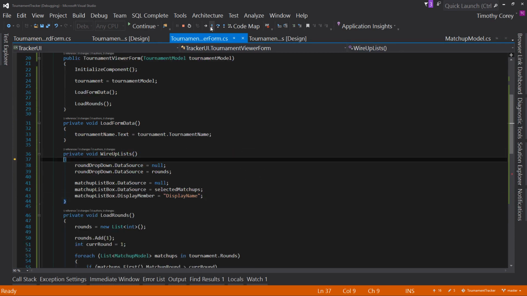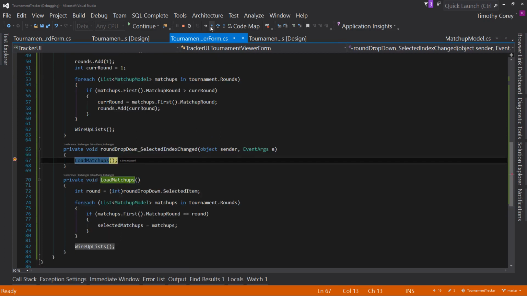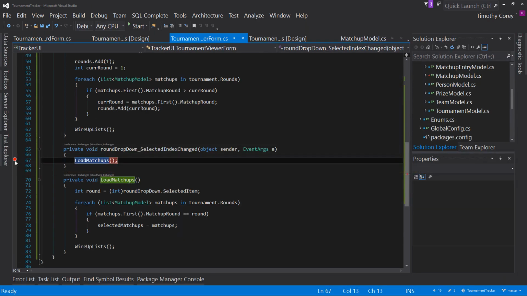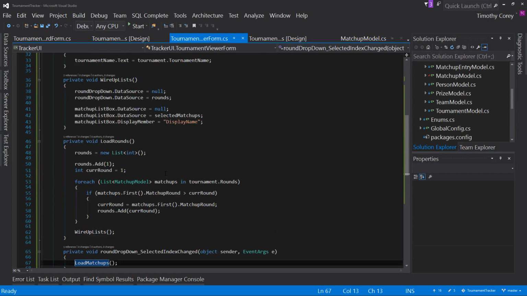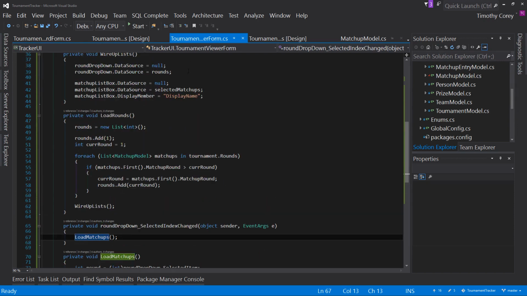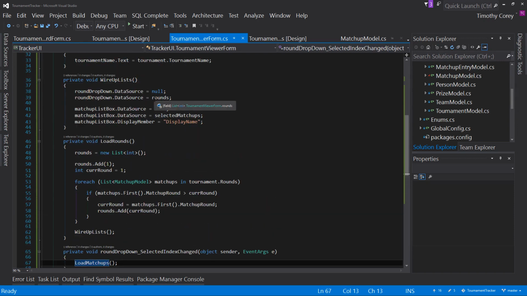We're going to wire up the lists, and immediately we fire this event again that says load matchups. So we have another issue. Let's actually stop this right now because we found two issues now. The next issue is that we are recalling this list because we are refreshing both the drop-down and the matchup list box. So let's